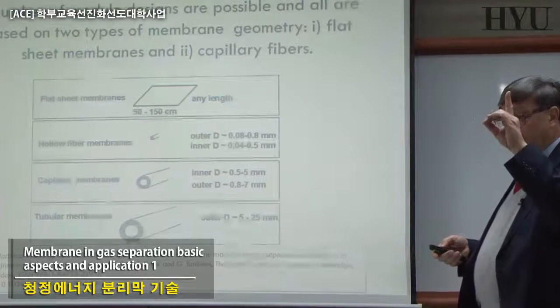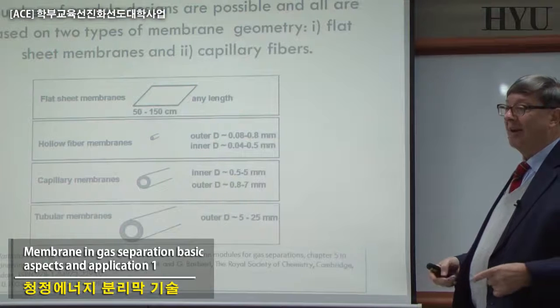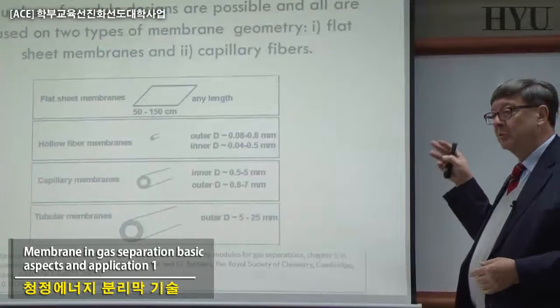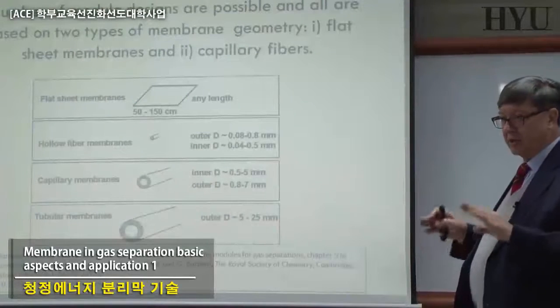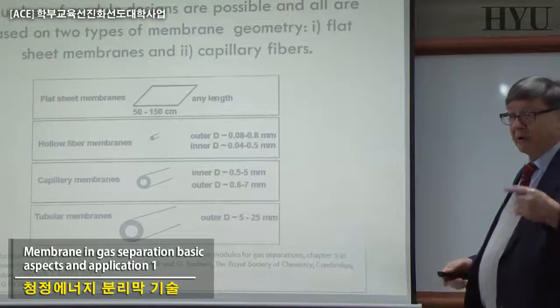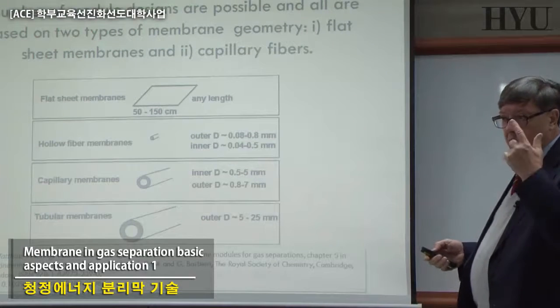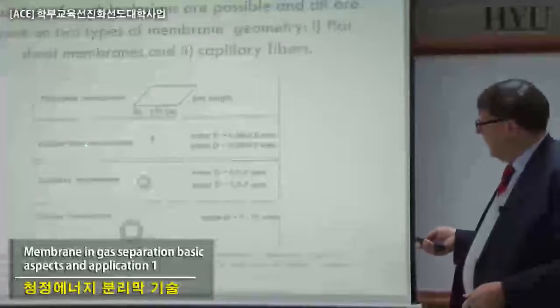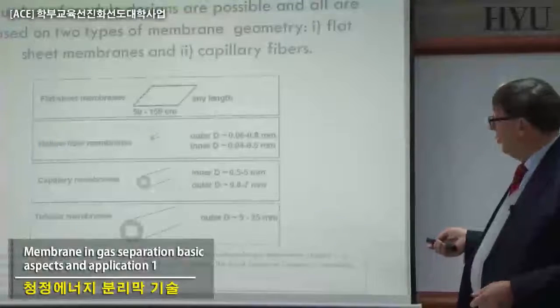But at the moment, in every 100 plants, you will find 1 or 2 that are hollow fiber. All the other ones are just spiral wound in liquid phase, or eventually tubular in a few cases. In gas, just the opposite. In gas, hollow fibers